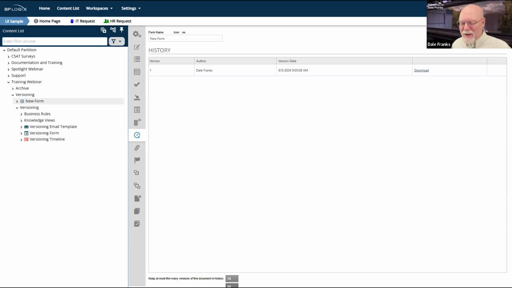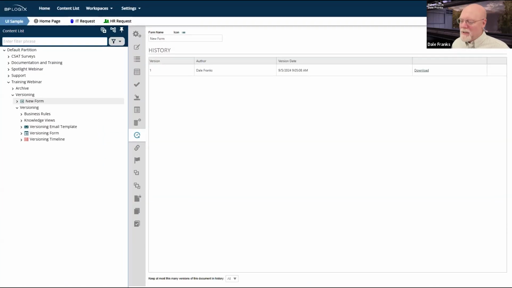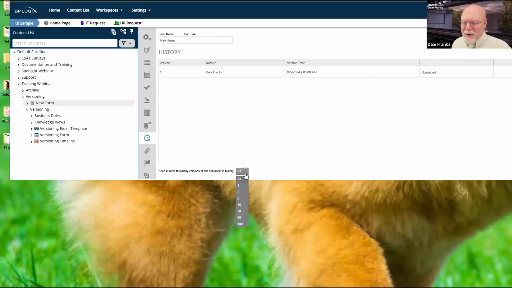This gives you the ability to go to 1, 2, 5, 10, 20, 50, and 100 versions of this application. I'm trying to make the window small enough so that we can see it. There we go. That's what we're supposed to see right there. So I can keep up to 100 versions of this. I believe 100 is the standard.